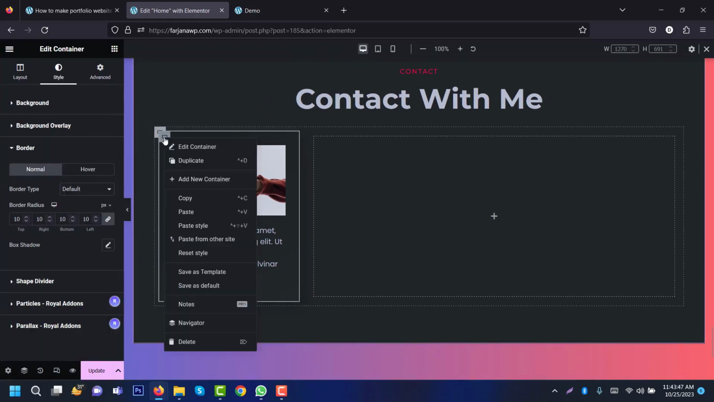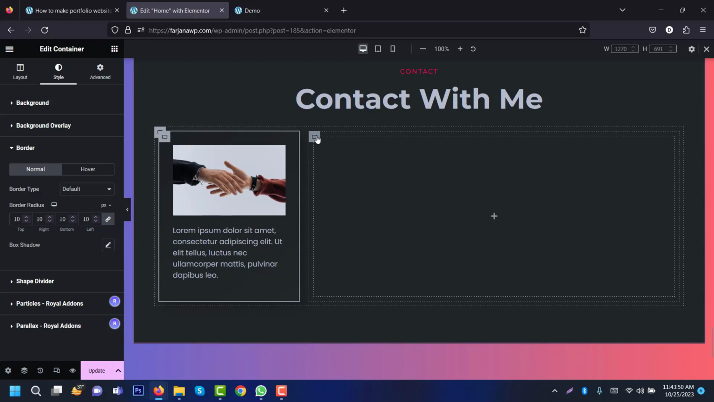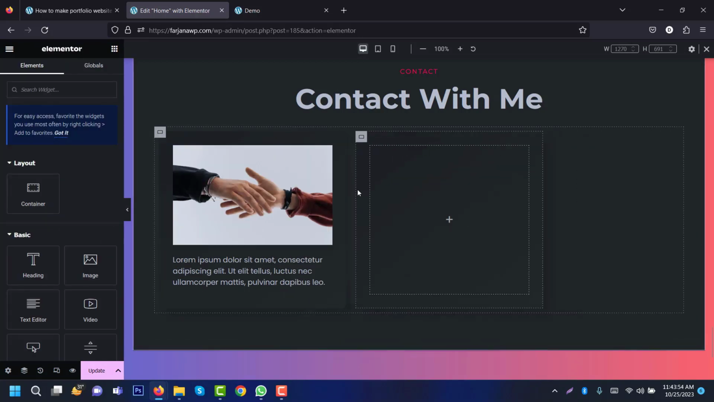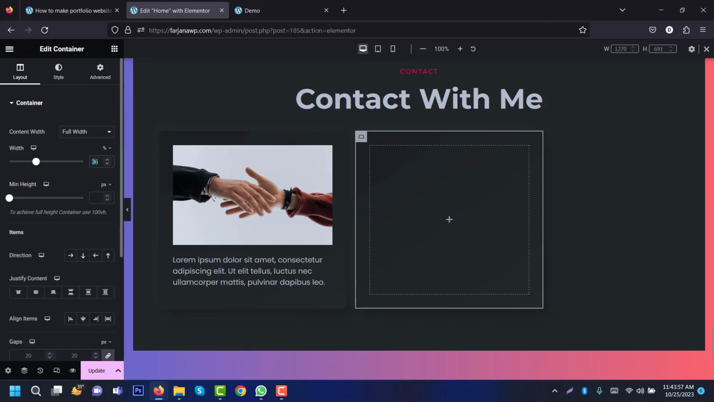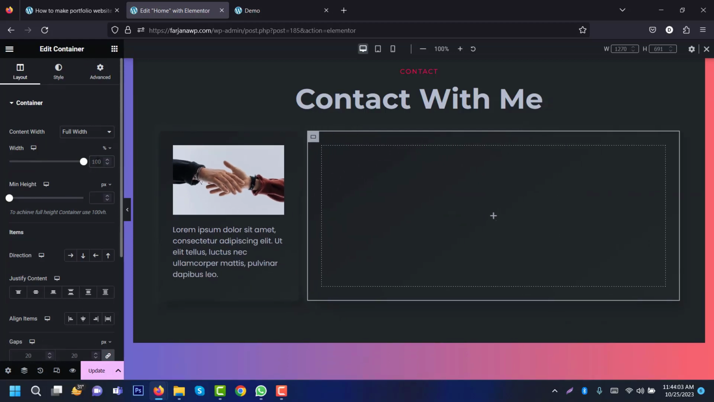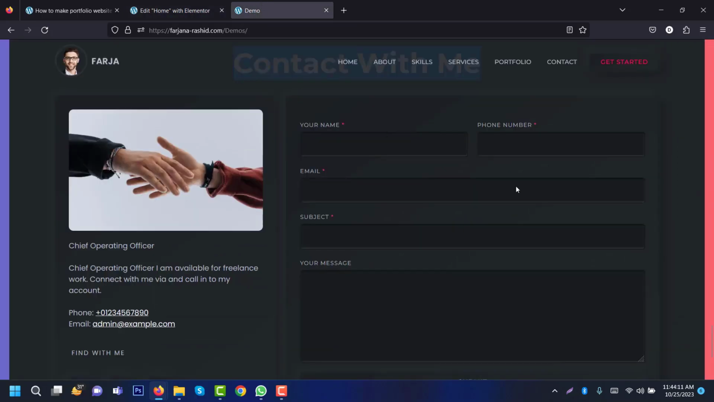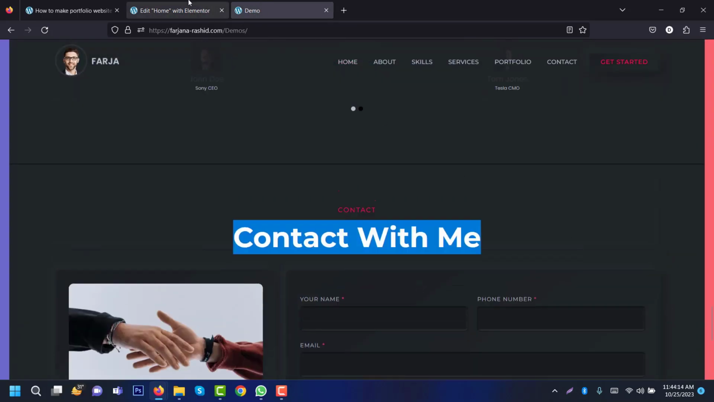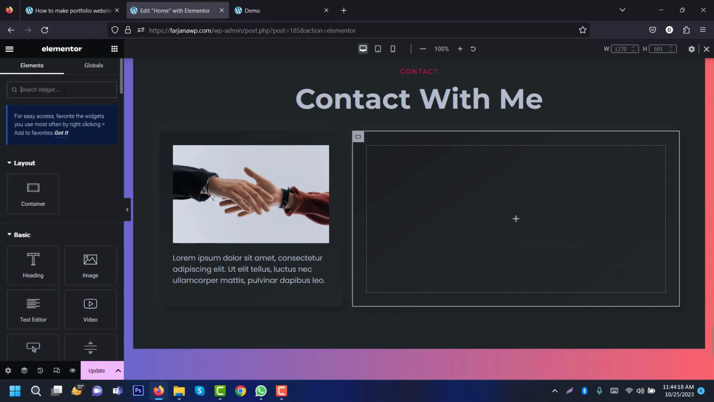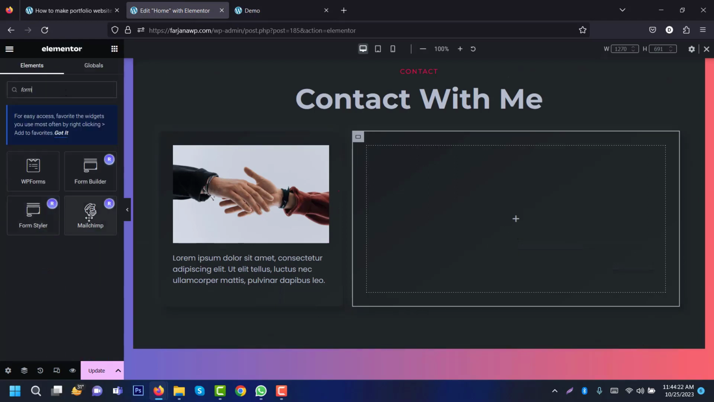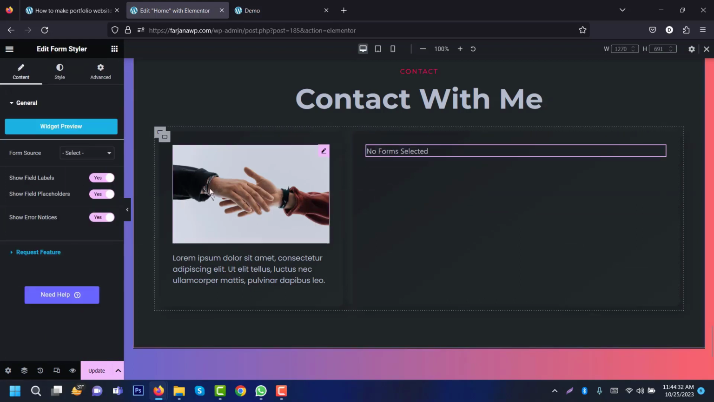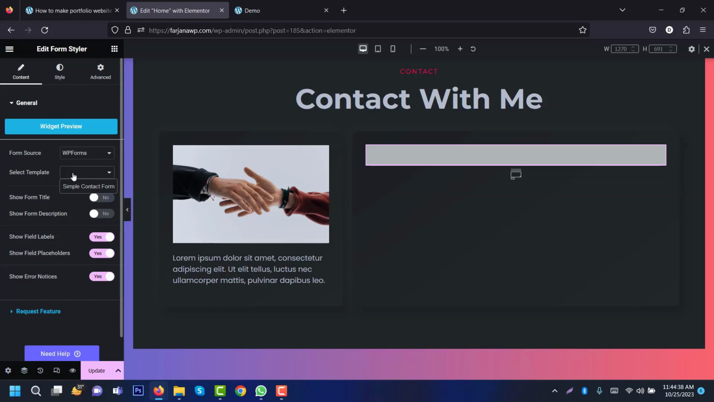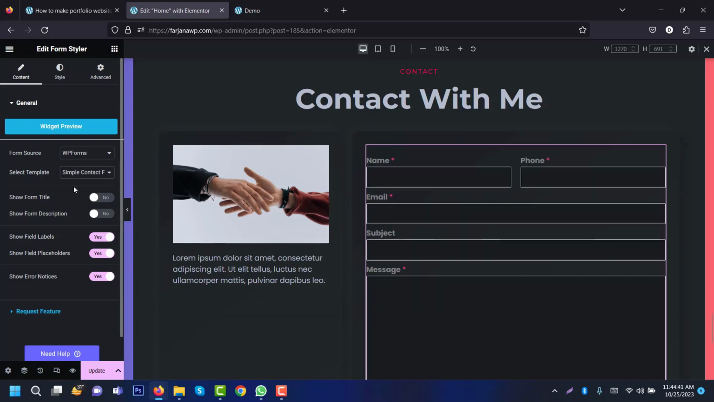Now in the same way going to copy, and on the right side going to paste style, and here for this one width we can skip it or making it 64, and on the right side there will be only form, so we can add form on the right side, searching for form, and here I'm taking this one form styler and form source, making it WP form, and select templates. I'm selecting the first form we have created. I'm going to add style with this after a few moments,